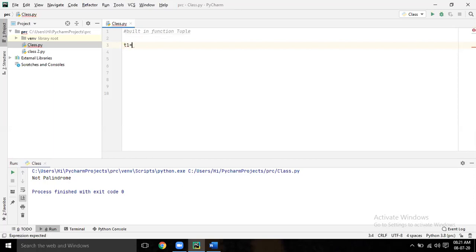Take two tuples. Sir, tuple means what? Which bracket? That is for dictionary. Normal bracket, parenthesis. Values, sir? Right. T1 equal to 1, 2, 3, 4. T2 equal to 10, 20, 30, 40.